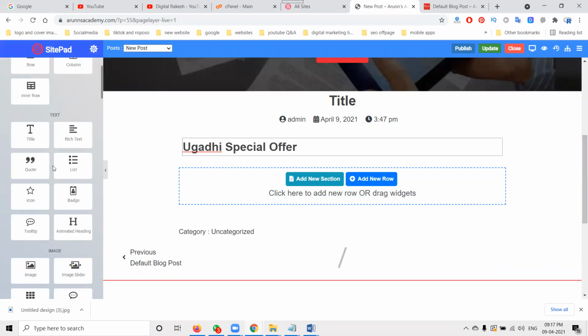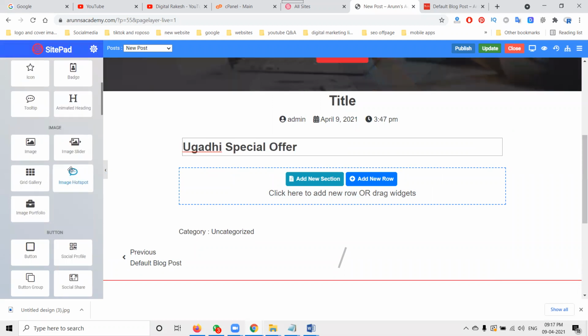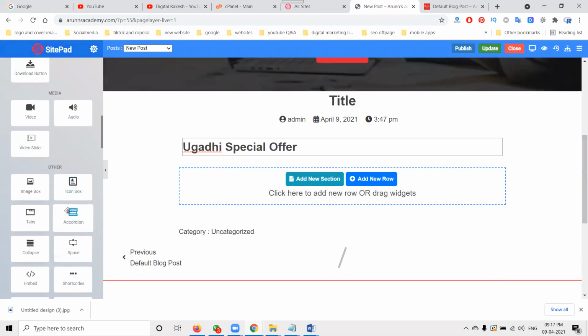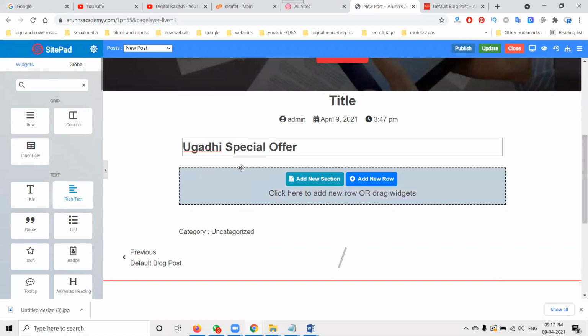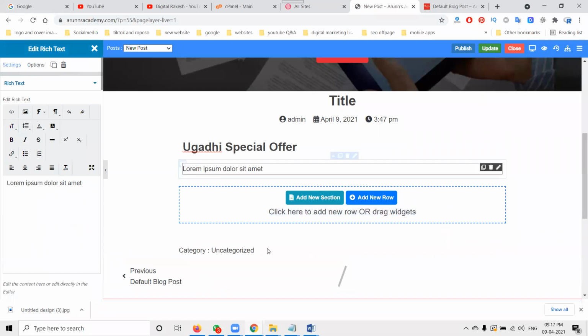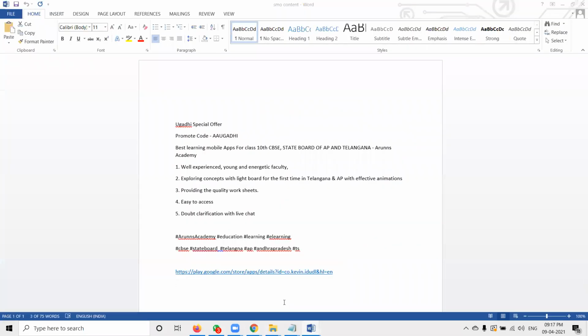Next, what paragraph can you add here? That is compulsory and important, based on your conditions. In this, we can go for rich text. Add it here and the text will appear. Same Ugadi offer.